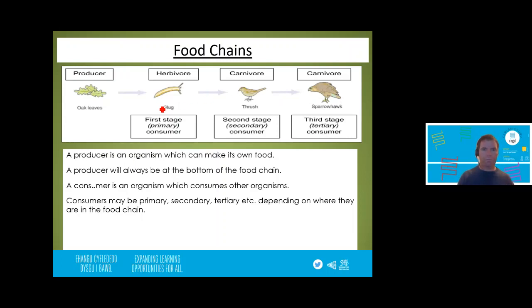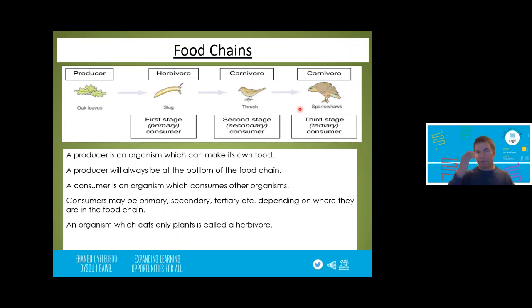So here we have our primary consumer, because it is the first consumer to appear in the food chain. We're going to be a little bit careful about the word primary, because we know what primary means. It means first, doesn't it? Well, it is the first consumer, but it is not the first organism, because our first organism will always be a producer, will always be a plant. Our second organism that appears in the food chain will be our first consumer, so our primary consumer. Then it is consumed by, eaten by, a secondary consumer and a tertiary consumer.